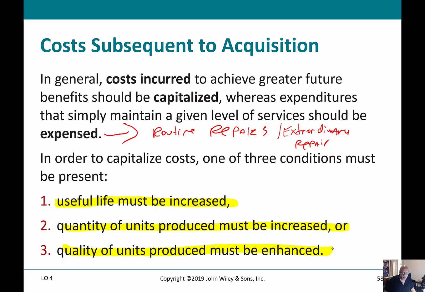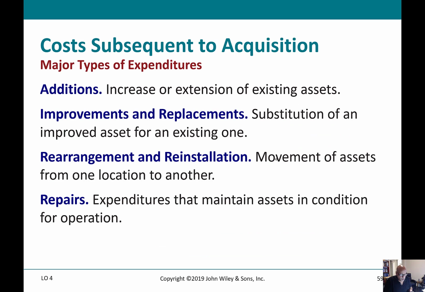Quality of units produced must be enhanced. And it doesn't have to be all three, it only has to be one of the three. But just to go on with that delivery truck example, I can now use it for long distance deliveries, etc. Okay, good. So we come over, and when we look at costs subsequent to acquisition, we can have